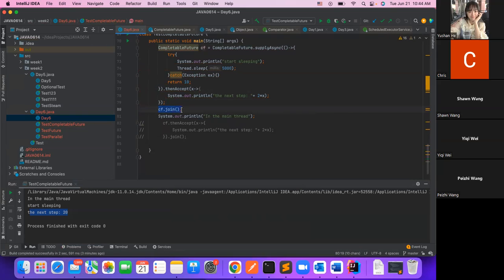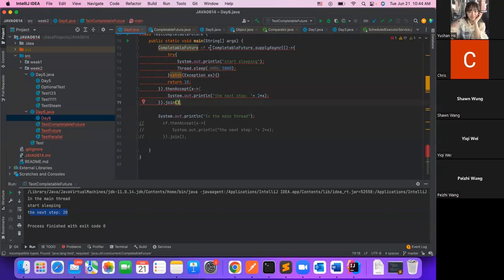So the last step, if we just use the join, then we should not return anything here, because the join method just returns void, not the completable future. So you see this, now this is the result returned by the thenAccept method. But if we change to join here, it should be the return type of the join method. It's not the completable future, it's just void. So if we want to add join here,